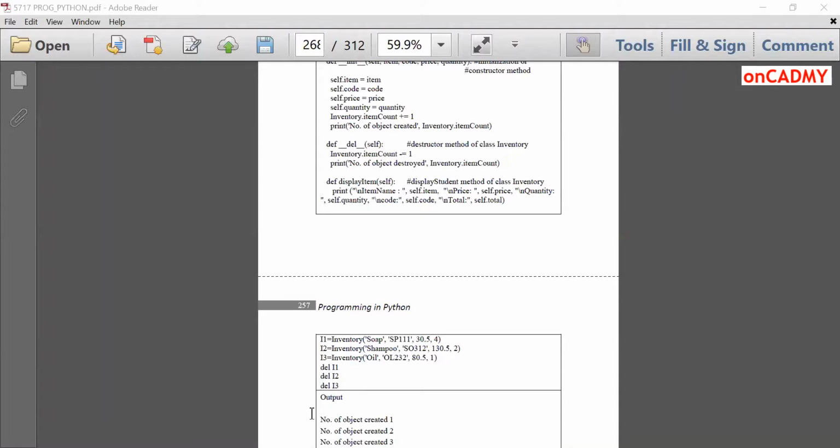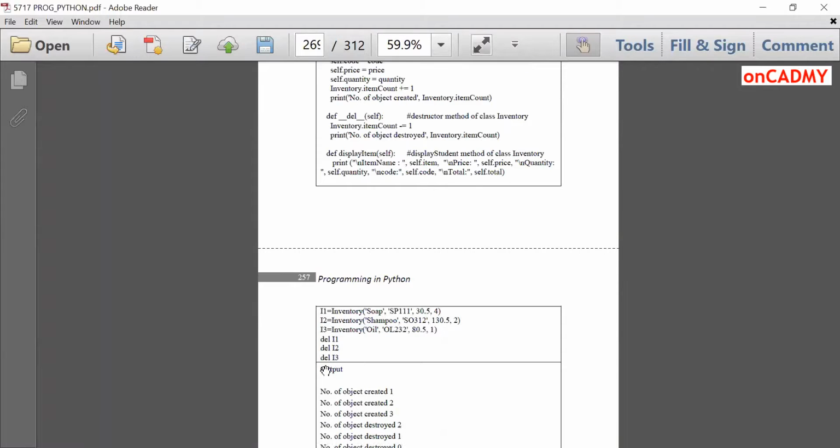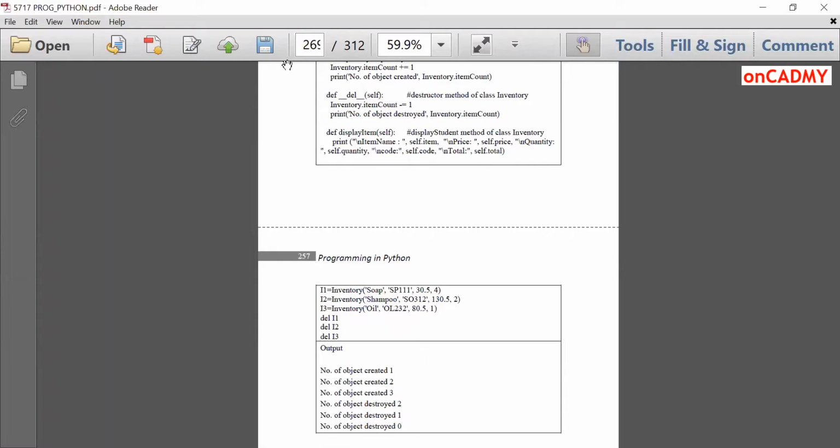So the output will be 2. Number of objects destroyed, item count, which is 2. Then control will come back and now del I2 will be called. Number of objects destroyed, it will be decremented and the output will be 1. And again del I3 will be called and it will be decremented, number of objects destroyed 0.